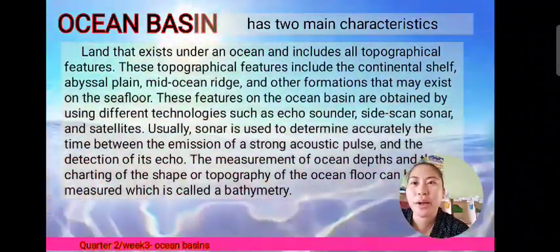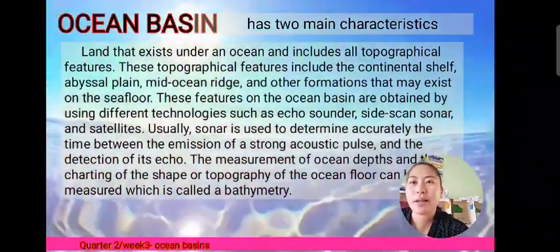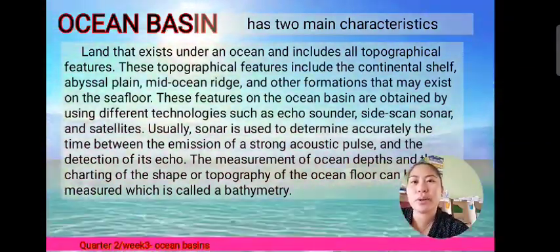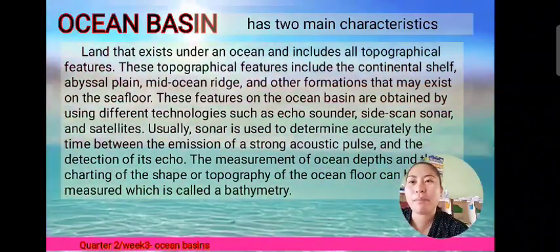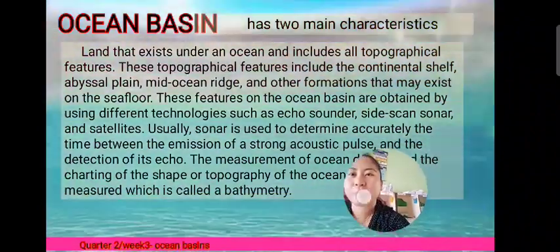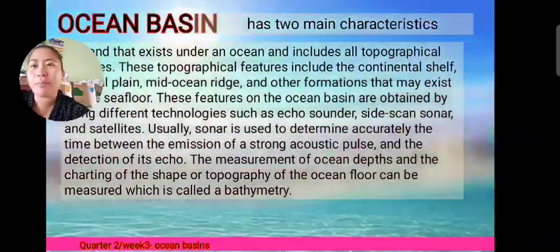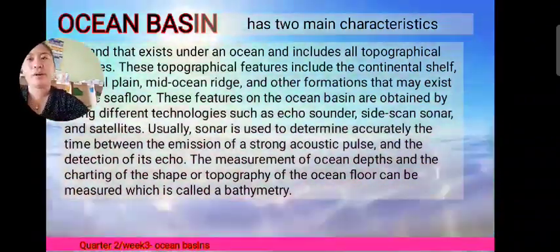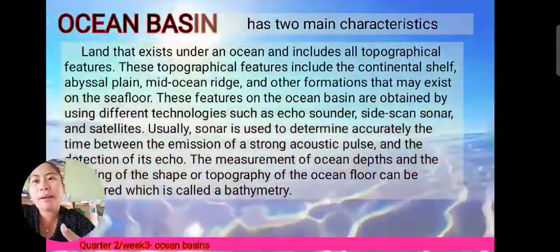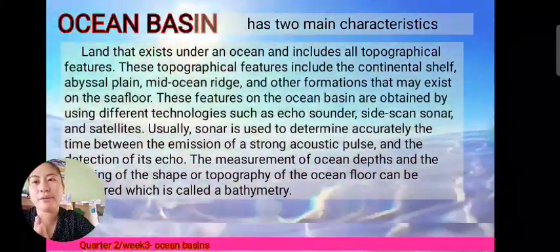These features on the ocean basin are obtained by using different technologies such as echo sounder, side-scan sonar, and satellite. Usually, sonar is used to determine accurately the time between the emission of a strong acoustic pulse and the detection of its echo. The measurement of ocean depths and the charting of the shape or topography of the ocean floor is called bathymetry. So, sonar and bathymetry are some devices used to determine the depth